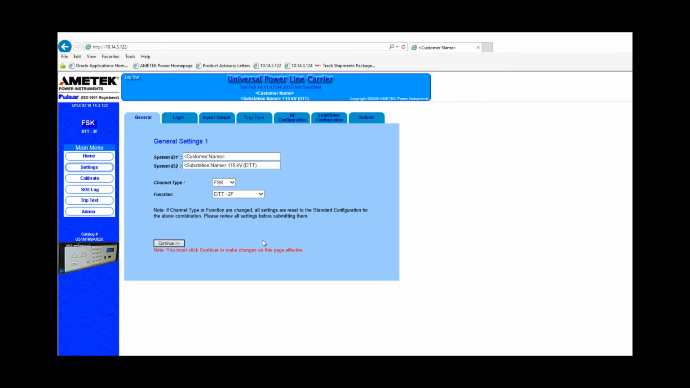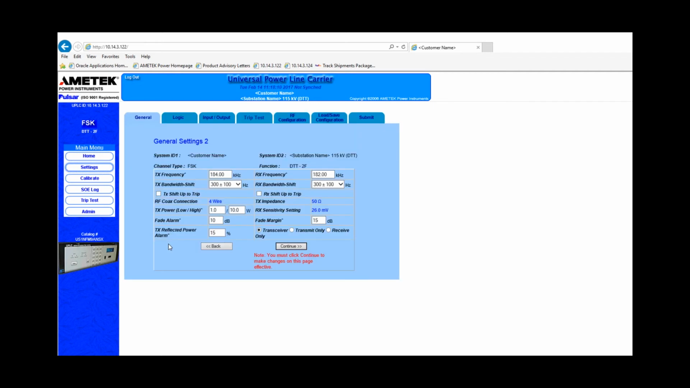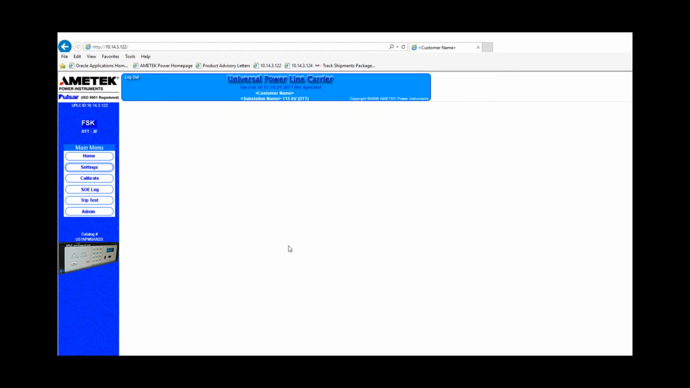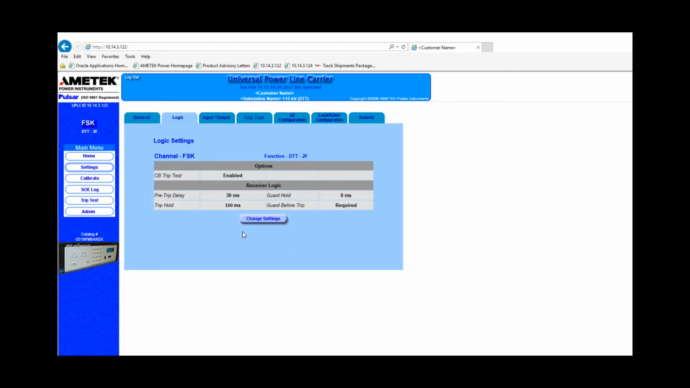Now on this page, I can make changes to General Settings 1. You will notice that some tabs, such as General Settings and I/O, have multiple pages underneath the tab. This is General Settings 1. If you wish to see General Settings 2, you must press Continue, which brings you to the General Settings 2 page. Pressing the back button will bring you back to General Settings 1. Continue will take you to the next page, which in this case would be the Logic tab. Going back to the General tab,